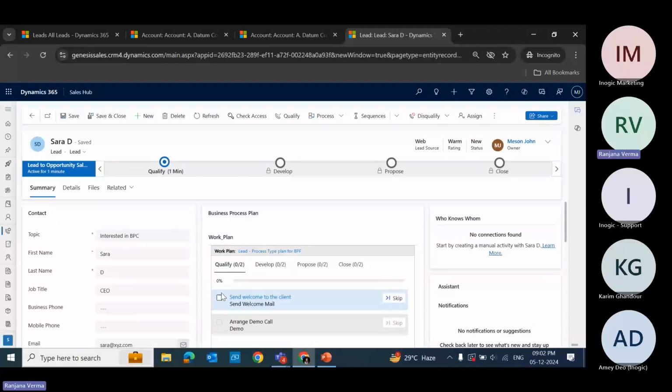And as a first step, it is telling me to send a welcome mail, right? So I don't have to ask anybody. I don't have to wait for anything. I can just simply see it is welcome mail,